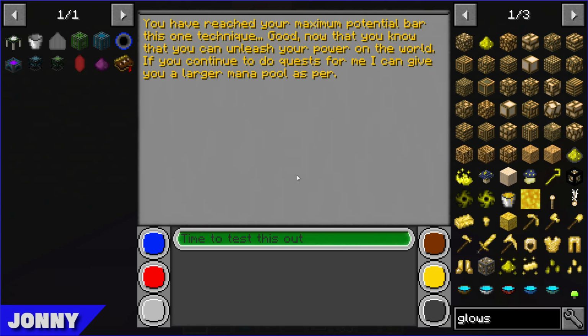No, we're not about to learn one. He literally just says we're not about to learn. Oh, okay, I see what you're saying. Oh, we still have one spell to go. Yes. I still don't think it's... That is worded fine. It sounds stupid. Bar this one technique, then he should have said what technique it is. But fair enough. Cool, so...